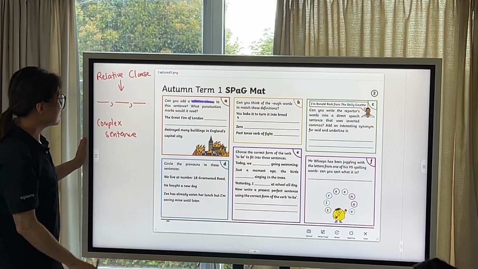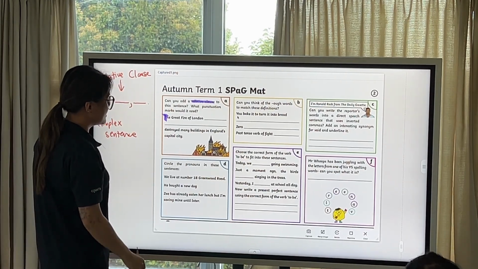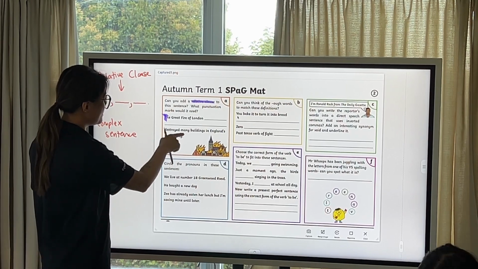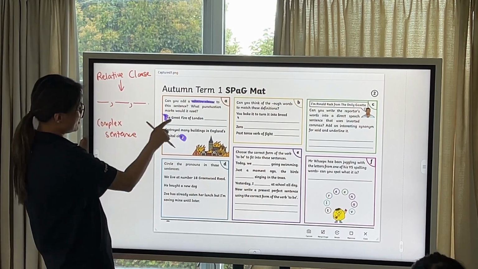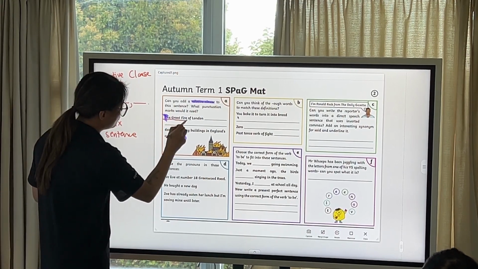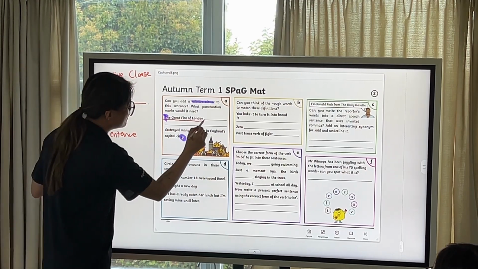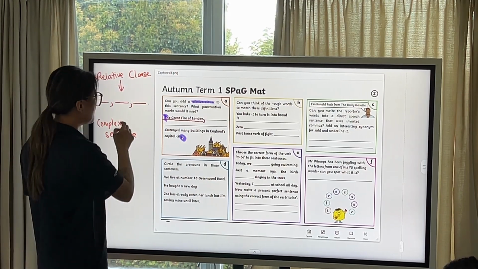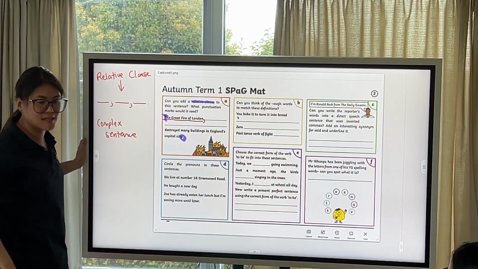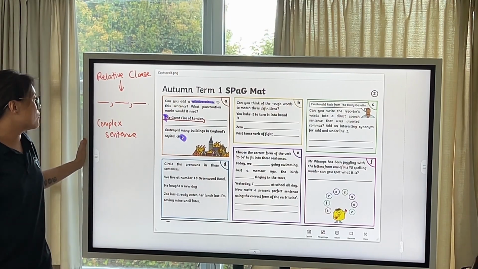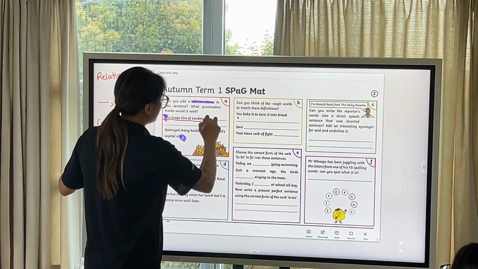So the sentence that's been given with a capital letter: the Great Fire of London destroyed many buildings in England's capital city, full stop. Can you see how this one here is the first clause? Yes? So what do we need after that clause? Comma. Okay? And then we have to write a relative clause, something in there that would still make the sentence make sense. So, the Great Fire of London, which